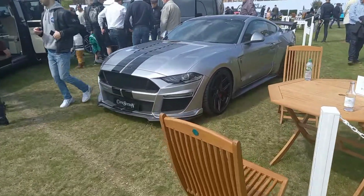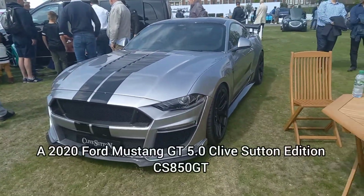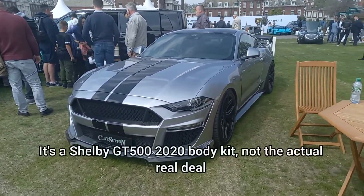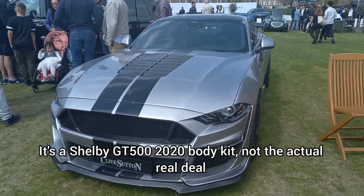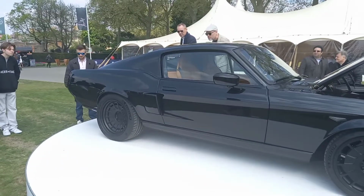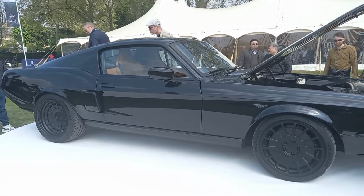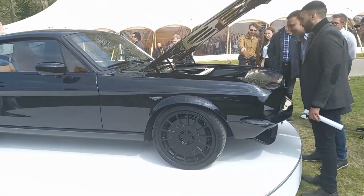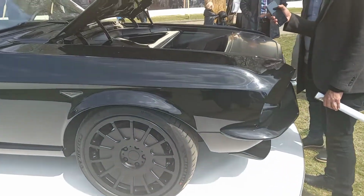Over here we got an interesting Mustang. This is called the Clive Sutton edition. This actually is a Shelby GT500 that they fully converted into a UK spec. I'm not basically sure. So here's a little interesting fact, guys, about this Mustang. I'm not sure if this is a 1967 model. It's not a regular GT500, but as you guys can see,